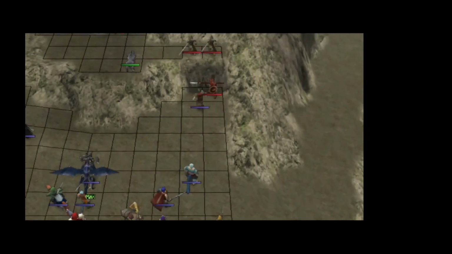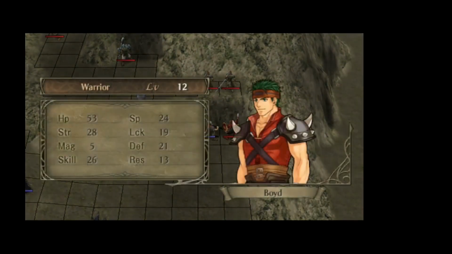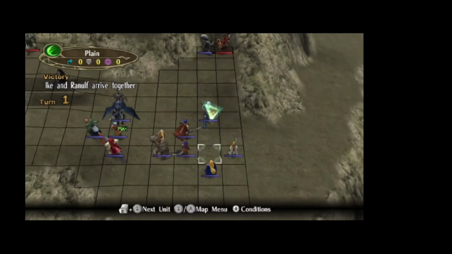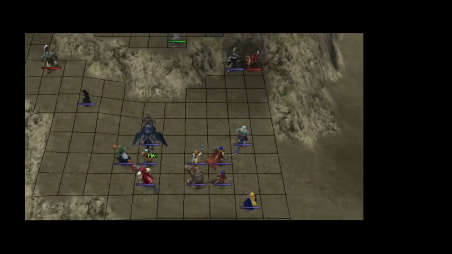On this map, we need Ike and Ranulf to separately arrive at the top of the map. Ranulf starts with a full gauge, so he's ready to go on this particular map, sidestepping the usual Laguz issue of being slow starters. We give him Celerity and Vantage, though the latter is irrelevant, and then with a Smite from Mordecai, he can reach the arrive point by just moving his full move every turn, as long as he